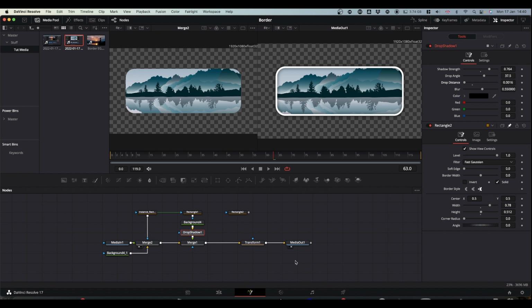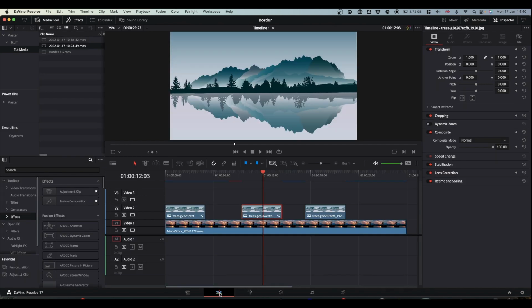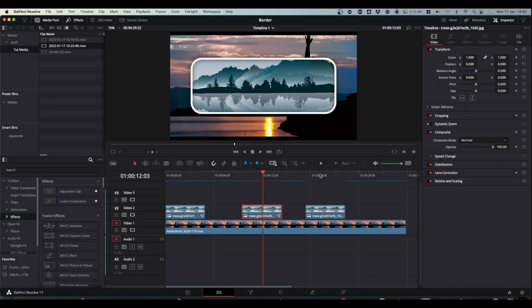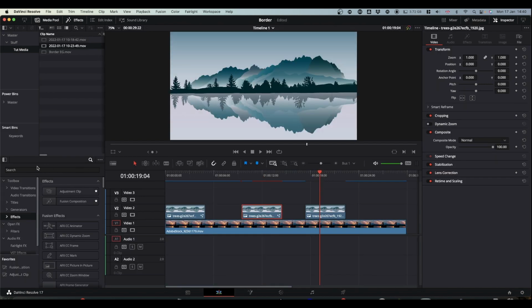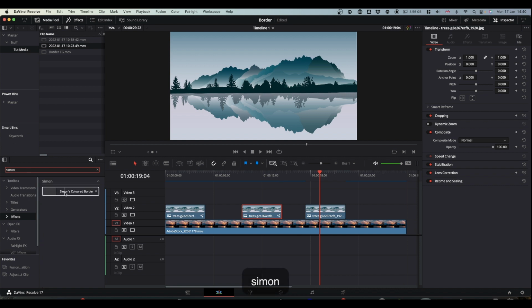Once you've set all this up, you can save it as a macro, and you can make it available in the edit tab, which is what I did. So I now have in my effects library this Simon's colored border. Now, if we bring this over our image or onto our image,